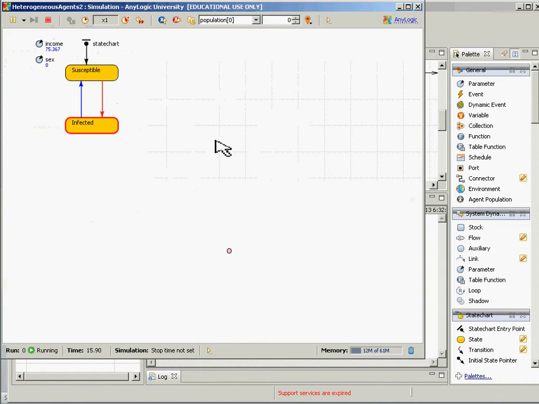At the level of the agent, what's going on? What action is taking place? Okay, they're changing states. They're going from one state to the other, back and forth. Okay? Okay, ladies and gentlemen,